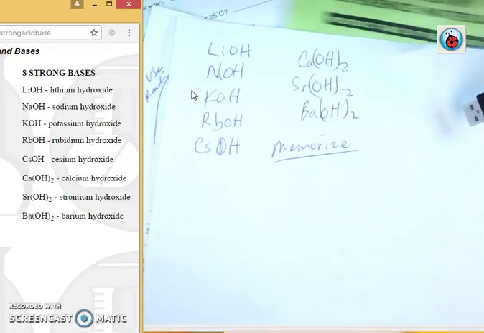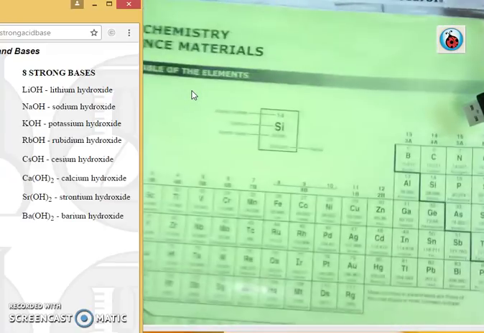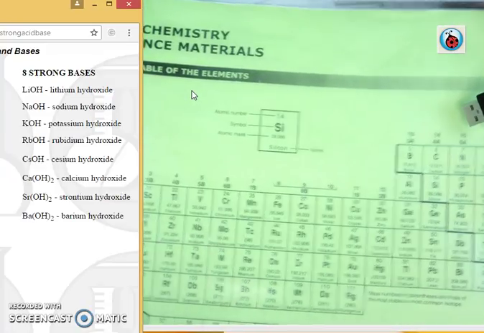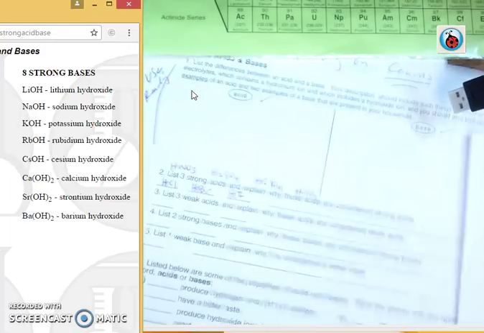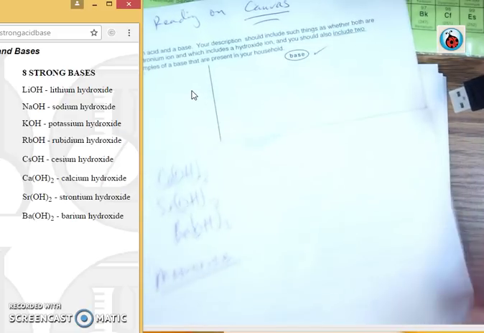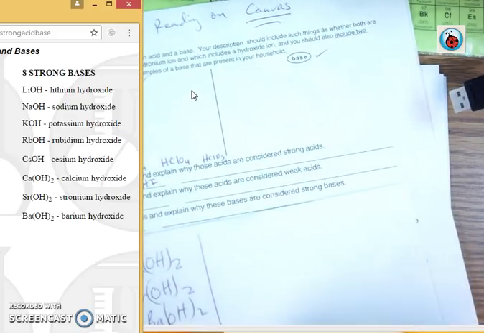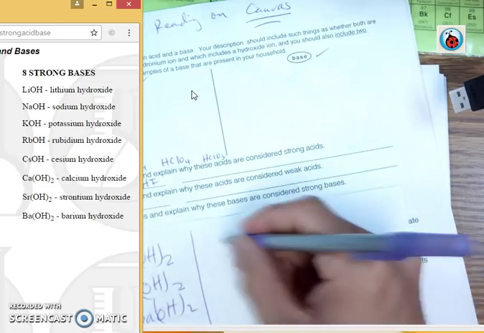Like magnesium hydroxide will be weak. Calcium hydroxide will be weak. Iron hydroxide will be weak. Aluminum hydroxide will be weak. So everything else are weak bases. And the reason they're weak, so those are the strong, they split up completely. And the weak